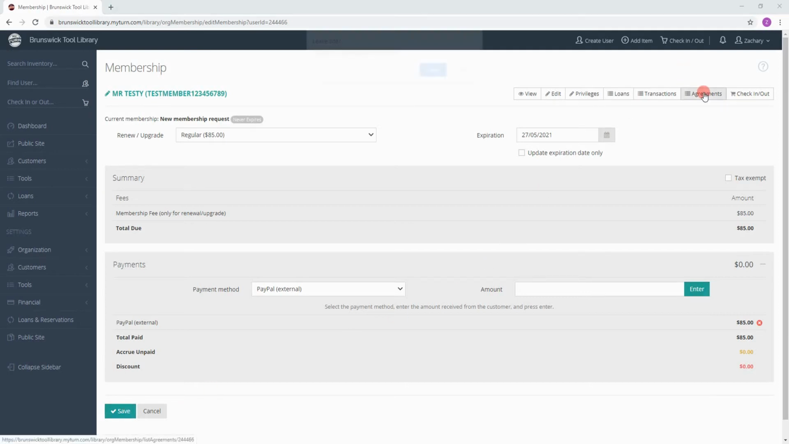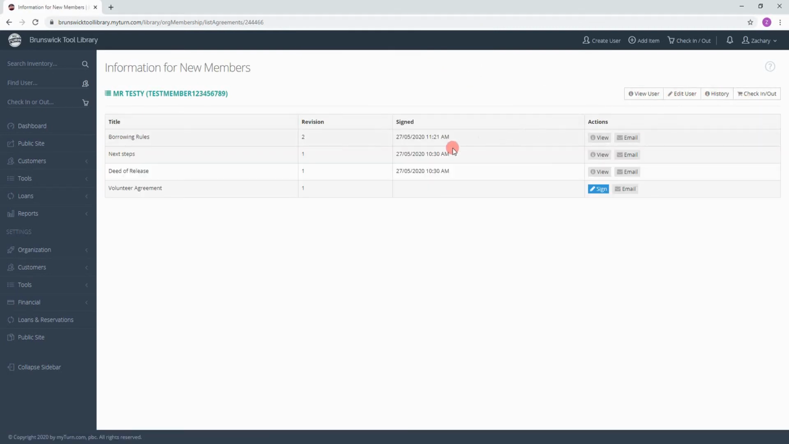So the other thing we need to check as well is just to have a look at the agreements. And in this case, they've already signed everything online. So this one here and anything further is just for volunteers, but these borrowing rules, next step, and date of release is what the members need to sign. So if they haven't signed, there'll be a sign option here, and you can also email them that. So in this case, you'd want to email them the agreement,